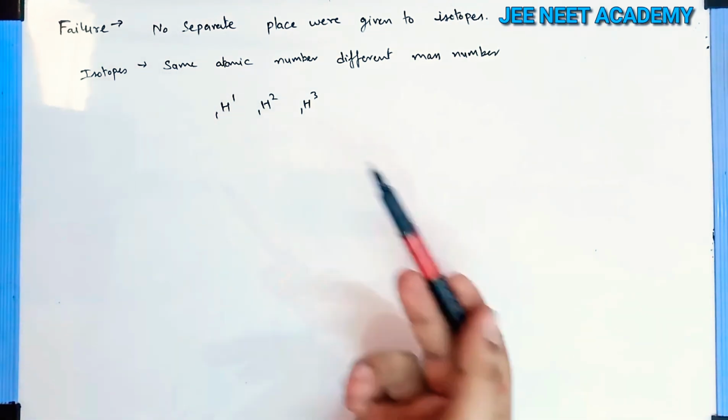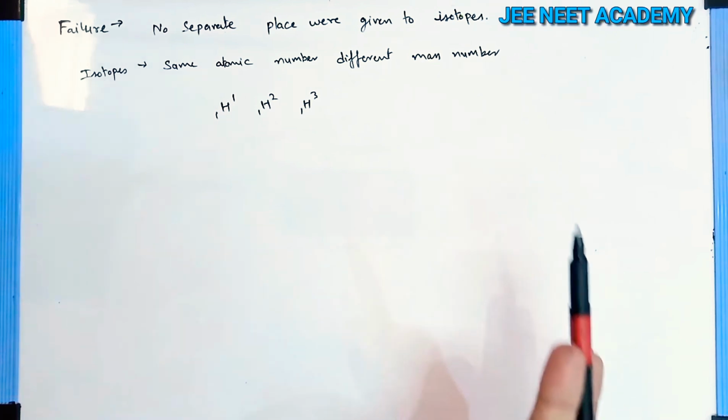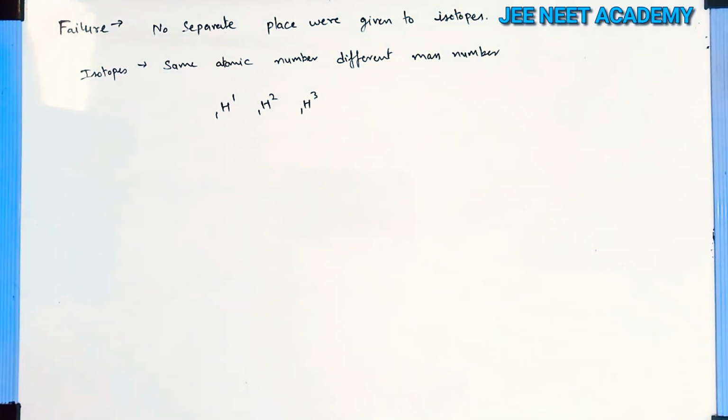Hydrogen's isotopes, hydrogen, deuterium, tritium, have different atomic weights, but he did not give a different place to each atom. So it failed here, and then